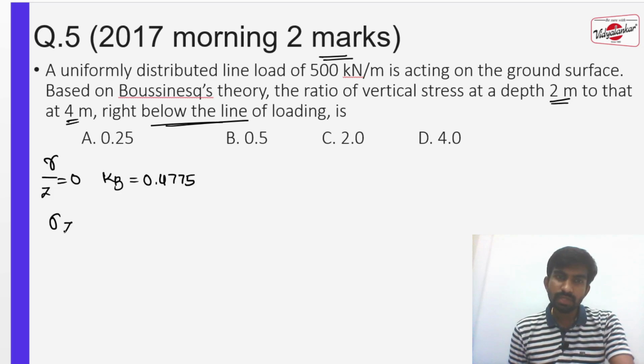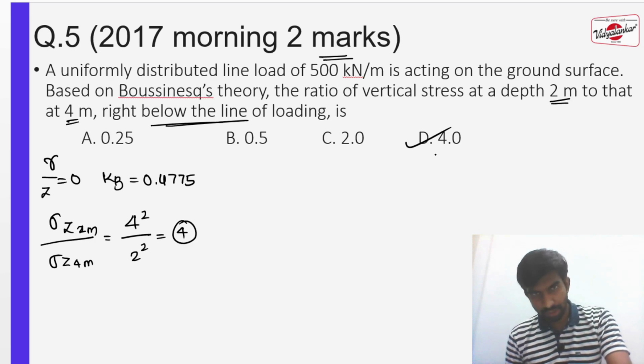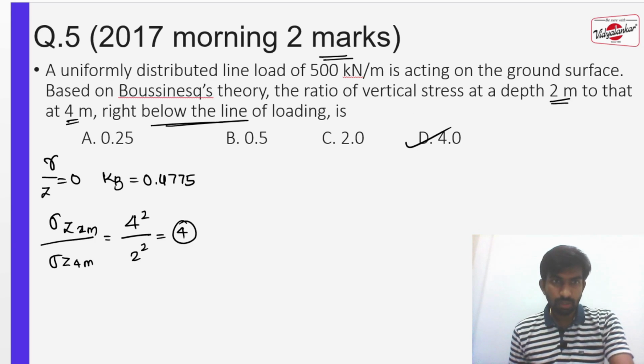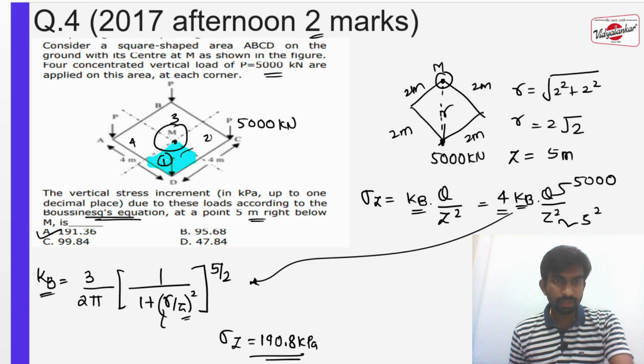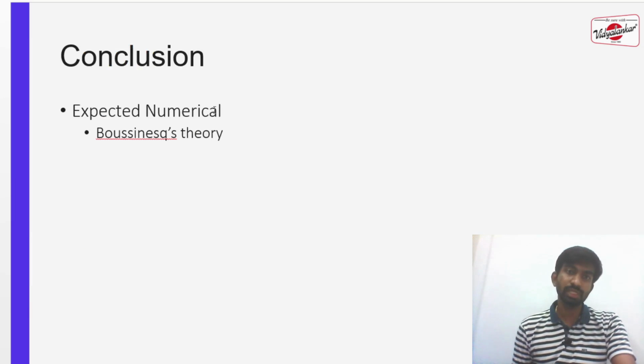सो इसके हिसाब से सिग्मा Z एट 2 मीटर डिवाइड बाय सिग्मा Z एट 4 मीटर अगर मैं निकालता हूं, सो दैट विल बी कमिंग टू बी Z, दैट इज यहाँ पे 4 स्क्वायर डिवाइड बाय 2 स्क्वायर होगा, जिसका आंसर हमने ऑलरेडी निकाला था 4, वैल्यू जो कि यहाँ पे उन्होंने मेंशन किया. सो बाय कंक्लूडिंग विद दिस वन हम ये कंक्लूड कर सकते हैं कि इस बार जो क्वेश्चन आने के चांसेस है,